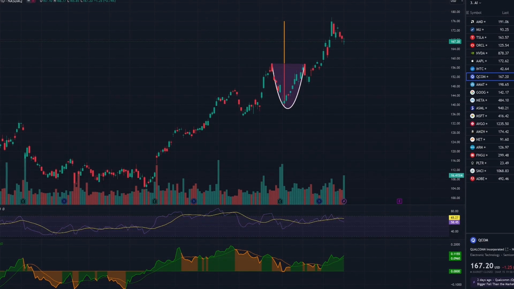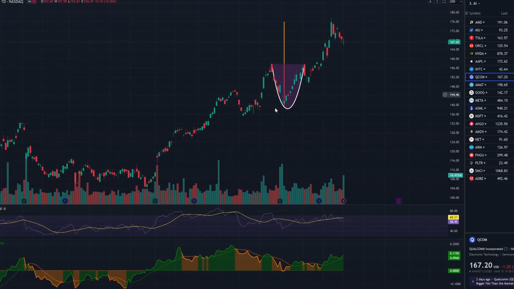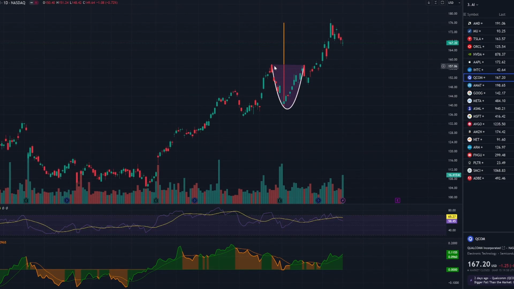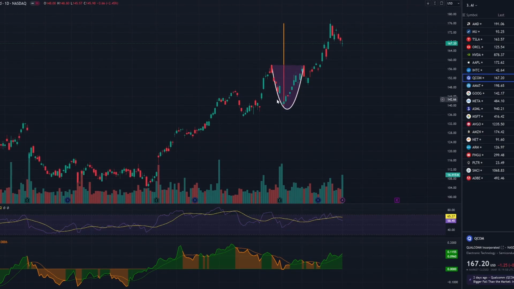Here is another example of a cup and handle pattern. It is in Qualcomm. So this valley out here is the cup. So I have connected the topmost points of the two ends of this valley. That forms the neckline, and the arc that is formed to connect these two and encompass this valley is the